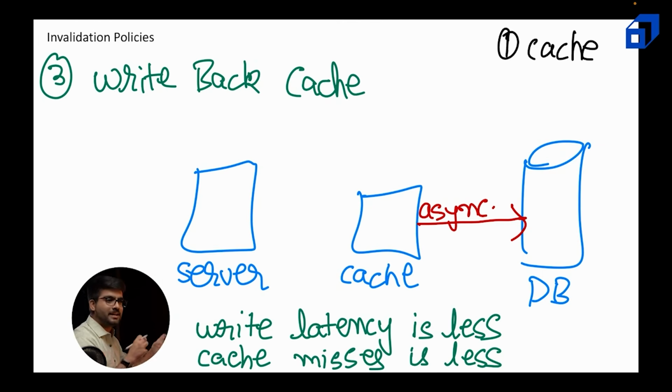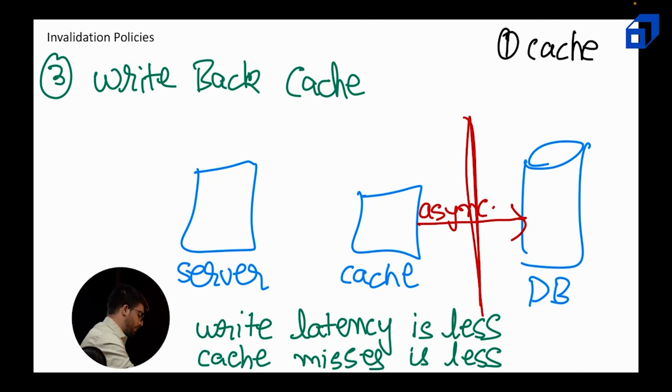So in this case, the database is not consistent with the cache, and that is going to lead to some issues if something wrong happens in between over here. If the write is going through and some sort of a thing happens like corruption of cache or power failure in cache, then the information which is present in cache is gone. So this is a very big disadvantage, and this must be considered in situations where the persistence of any information